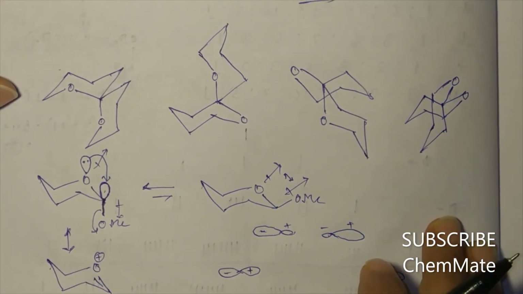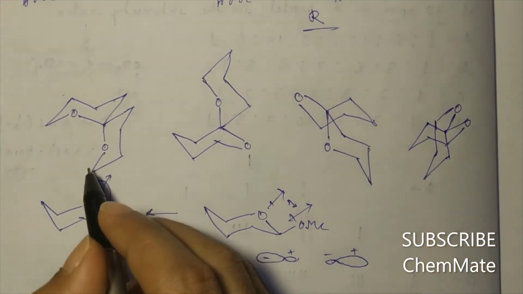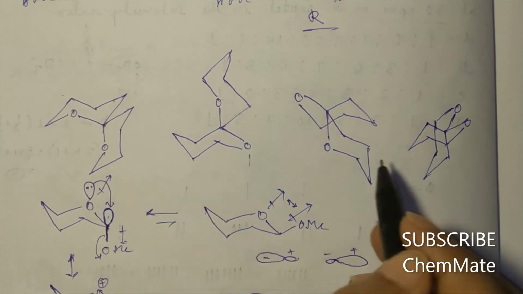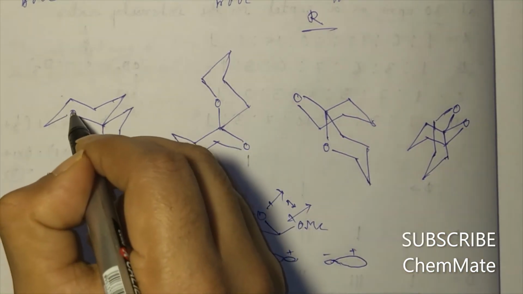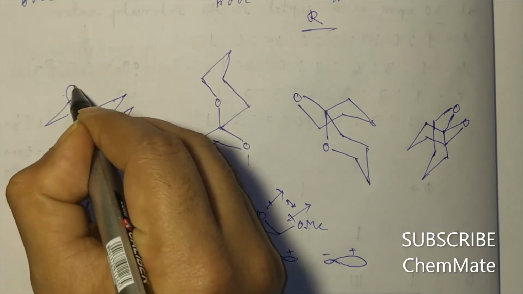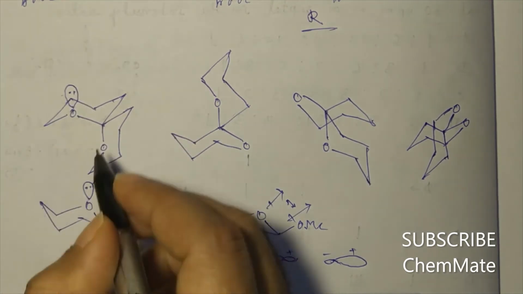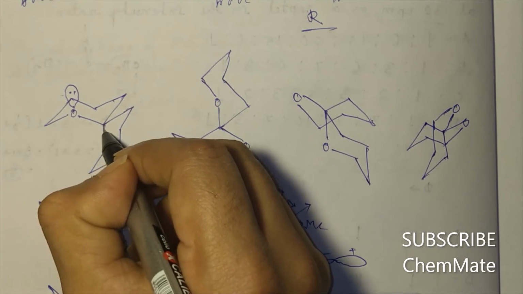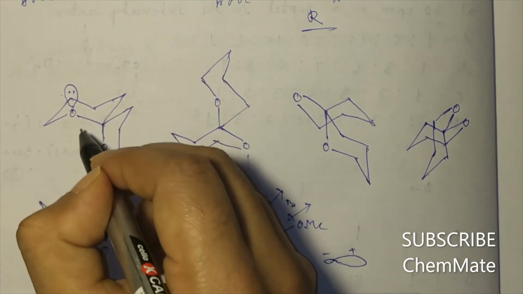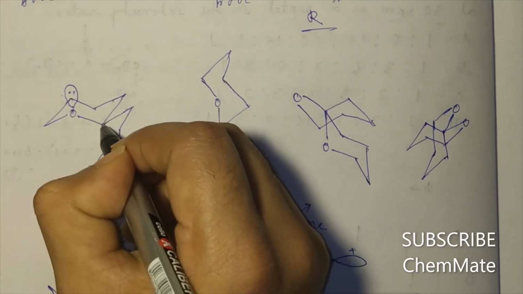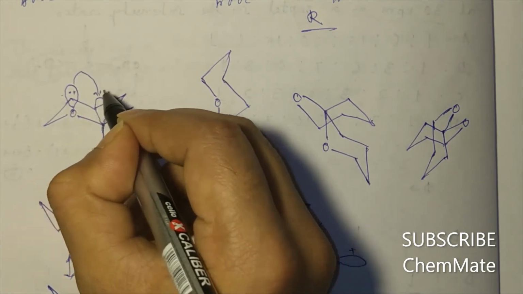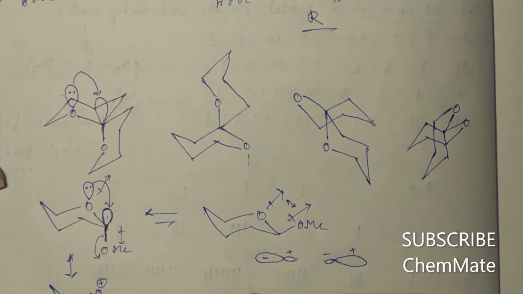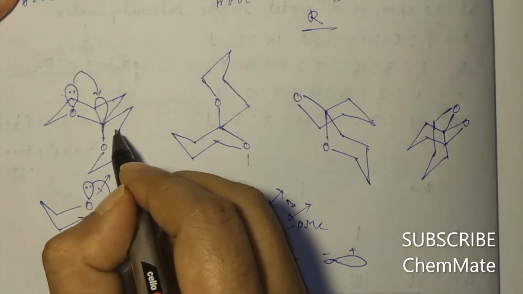Now we'll see here in spiroketal how the anomeric effect will occur and the orientation of this antibonding orbital. Here oxygen has one lone pair of electrons in this orbital and this bond is in axial position, so it has an antibonding orbital in this direction. So these two are parallel, so it will be given easily. On the other hand, if we consider this